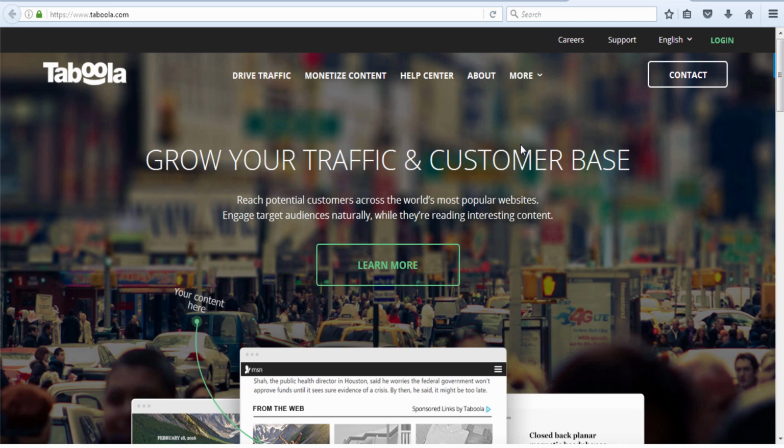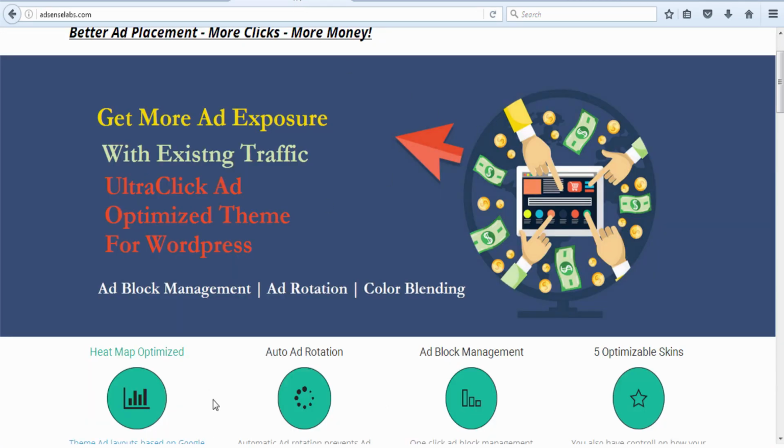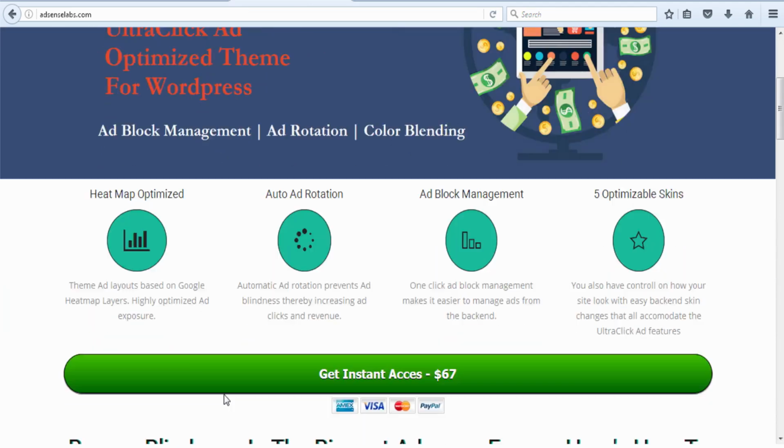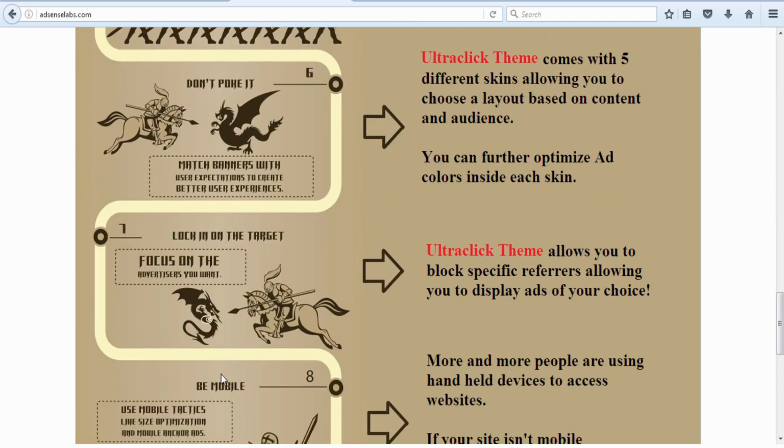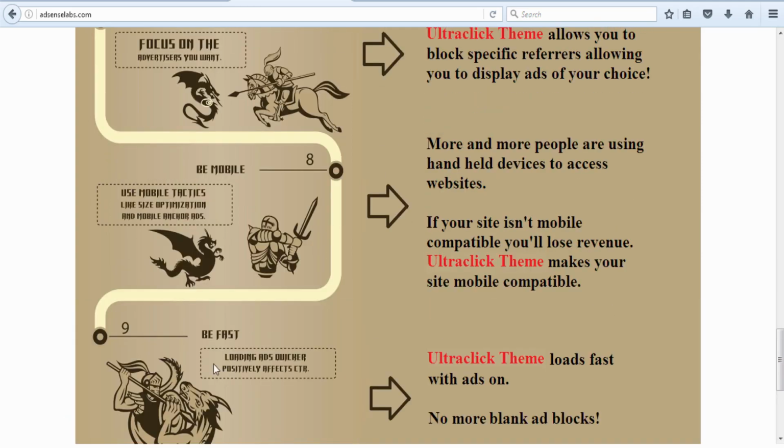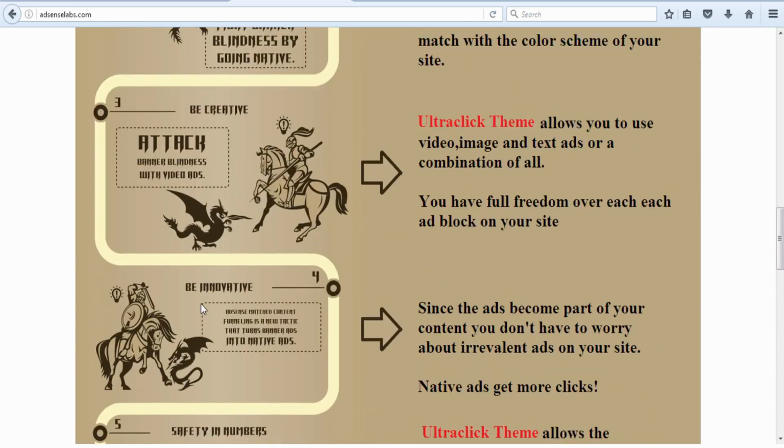The next thing that you are going to need is a budget of approximately $100. Now you might ask me that Google AdSense is not a very big fan of paid advertising or paid traffic. So why would you need the money? Well, I'll tell you something here. We are going to be using a special theme here from AdsenseLabs.com. AdsenseLabs.com is actually a company that researches different kinds of tools and stuff that you can use for maximizing your AdSense profits. So we are going to be using this theme from AdsenseLabs.com, and this theme is going to maximize